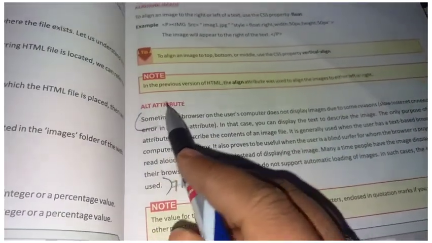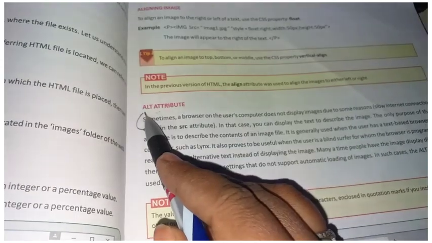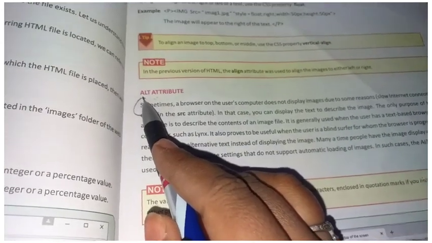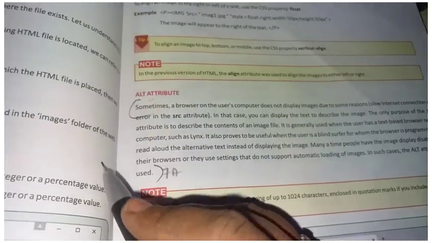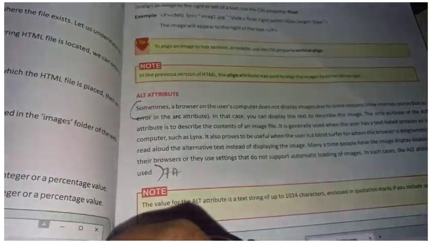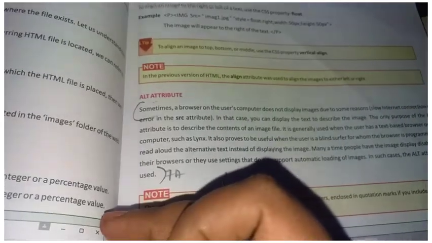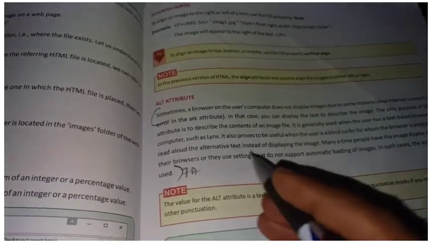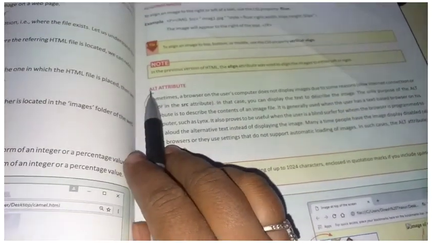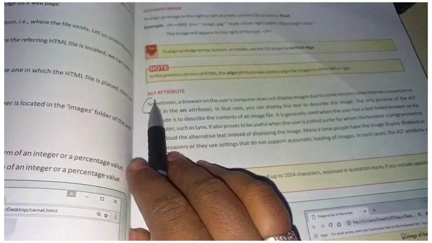Next, alt. This is an attribute for the image. Alt means alternative. Sometimes when we are browsing the net, the image won't be displayed and some text will be displayed instead. In that case, how do they describe it, children? By using this alt attribute. Alt attribute is an attribute